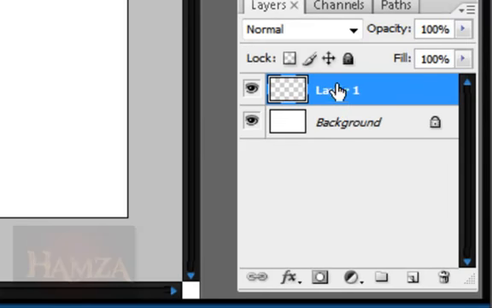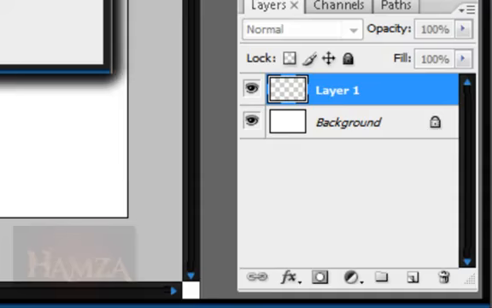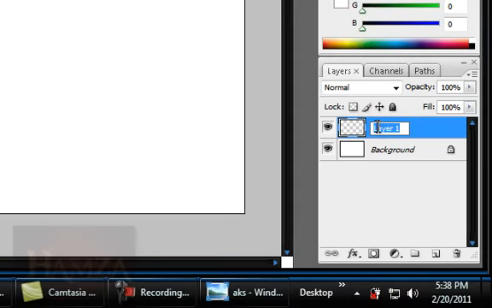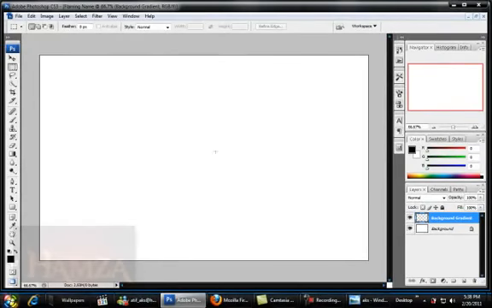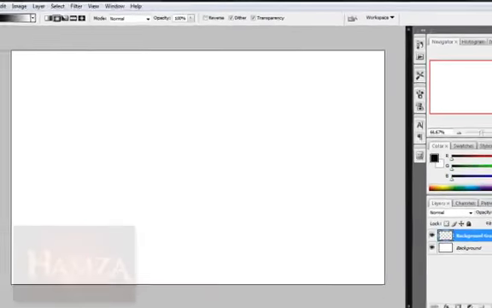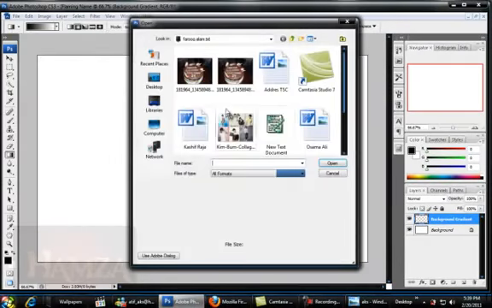Let's rename this layer as background gradient. On this layer, what we're going to do is to spread the gradient color by choosing this as the gradient. Click on this gradient tool and select this middle button, and let me open another file to choose the color which we want to apply